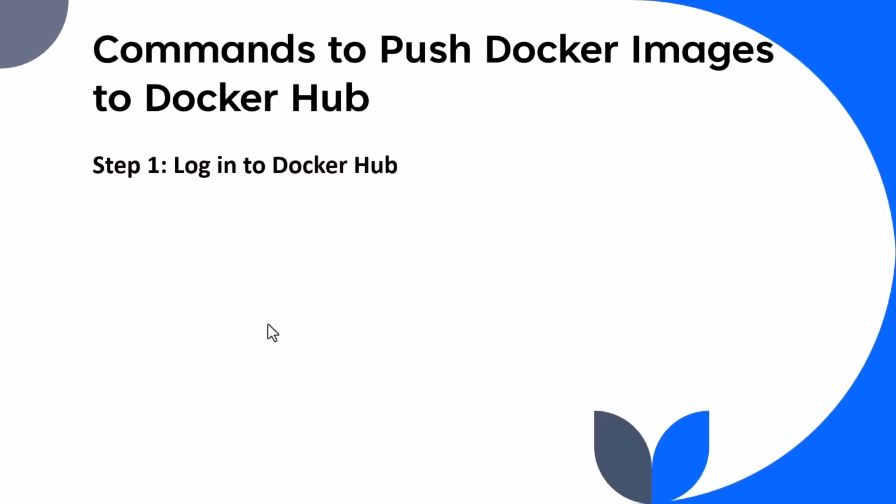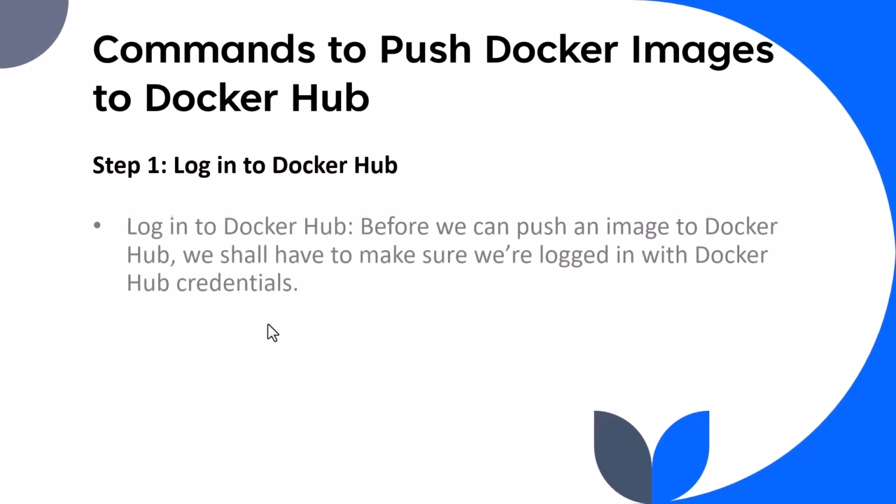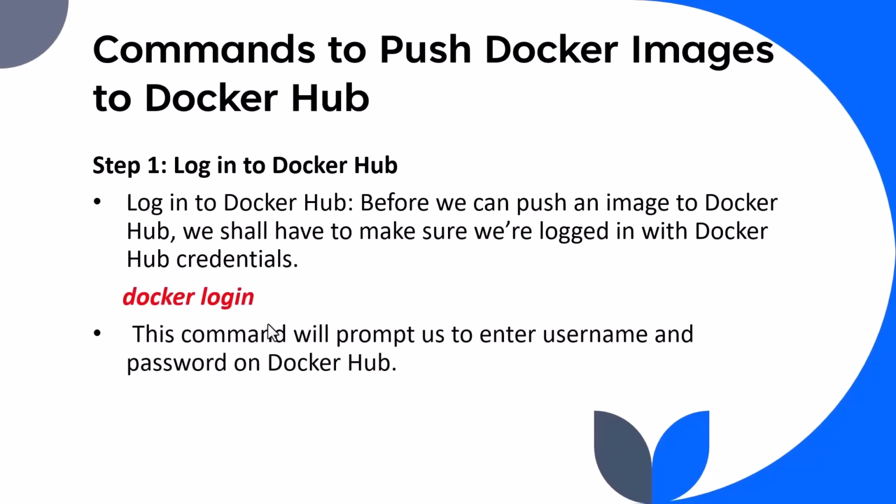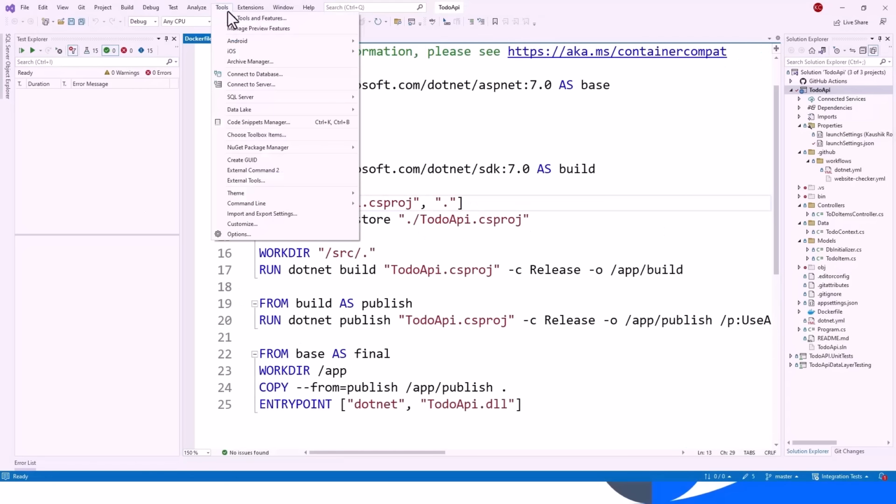First, we'll have to log into the DockerHub. That is the first step. We have to log into DockerHub before we can push an image to DockerHub. We shall have to make sure we are logged in with the DockerHub credentials, which is docker login. And this command will prompt us to enter username and password on DockerHub if it is not there already as a cache. Okay, so let's switch over to our Visual Studio and click on Tools, and then